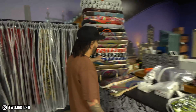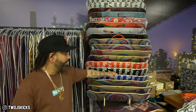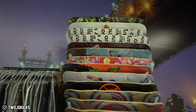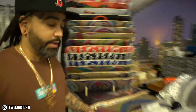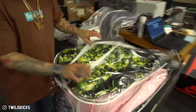We probably have about 50 to 60 decks at the shop. We probably sell 1 or 2 decks a week, but I think the best ones right now are the Legal Business Control America joints. There's the white one, we got black, we got blue, reds. I like the white and the red ones a lot. And the skull pile is pretty dope, which too does glow in the dark. Yeah, it does. And then we have tons of skull pile stuff, like the jacket,